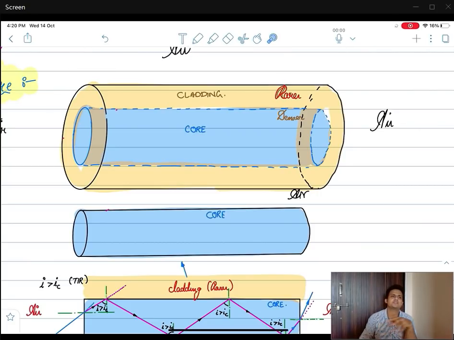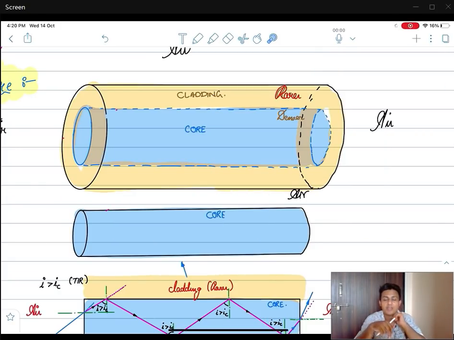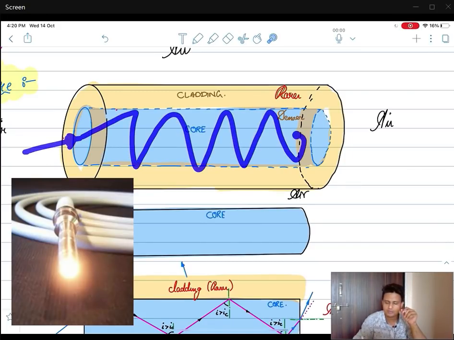You know nowadays doctors operate on us by using cameras. They insert cameras in the body, and then they look around, find the exact fault in the body, and then try to fix it. For those cameras, you require flashlights, because for a camera to click pictures you require light, but there is no light inside your body. So you also insert one optical fiber along with the camera, and once you put light in from here, it will bounce, and it will come out from the other side.